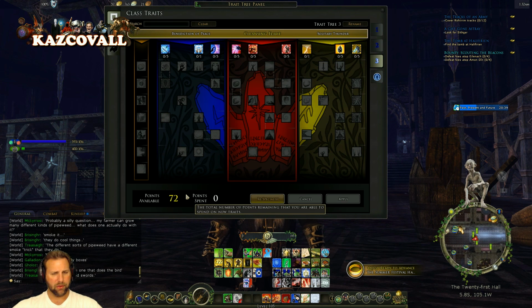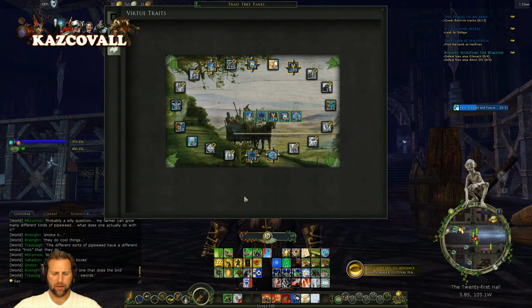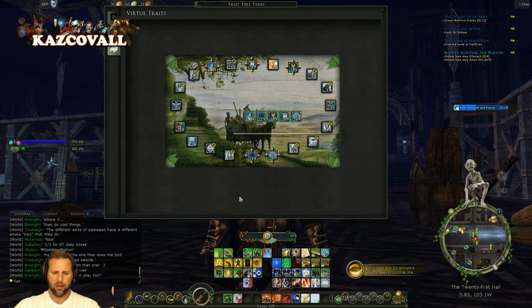Okay, so with all that said and done, let's work on the build. And actually, let's do the traits first, okay? Now, the traits are pretty generic. I've pretty much focused on only a little bit to help me get where I need to get. Now, of course, everyone is going to disagree with this. Whatever build you choose to do is going to be based upon